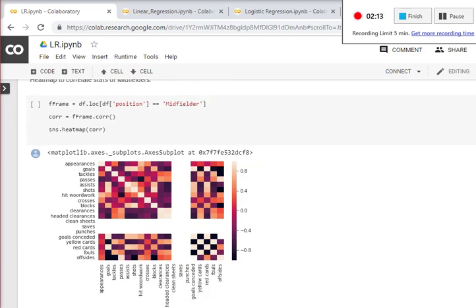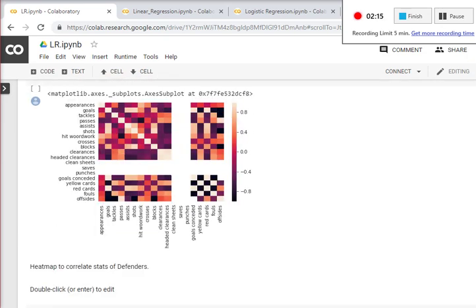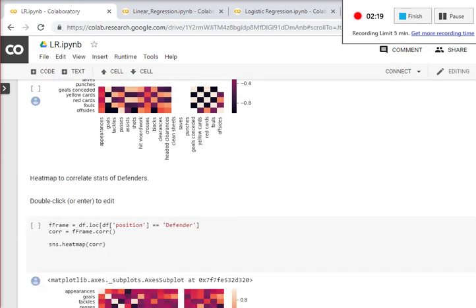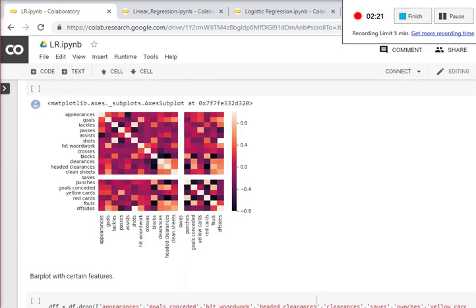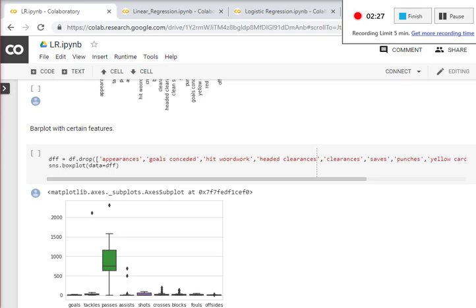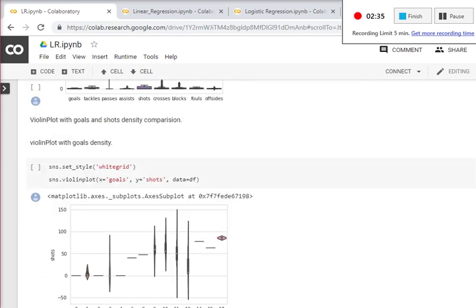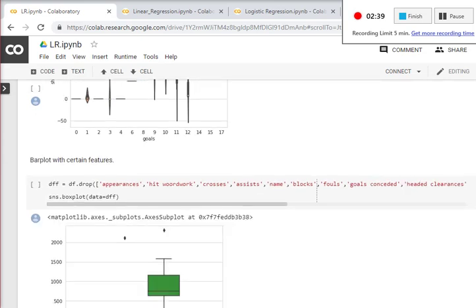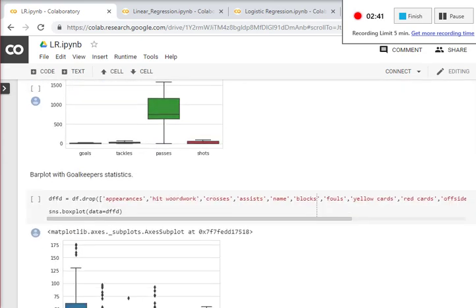Here for midfielders, a heat map has a lot of data to give to the data analysis team. For defenders, this is a heat map. Now we'll drop some features, and this is a box plot. This shows the middle value where it lies for different features. Similarly, a violin plot. Now after dropping some features,